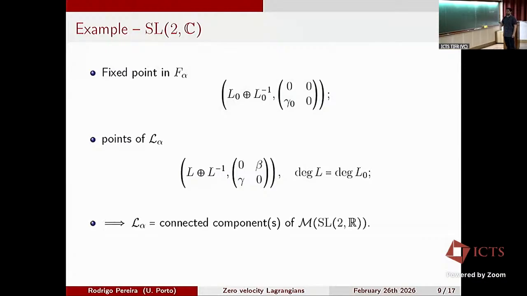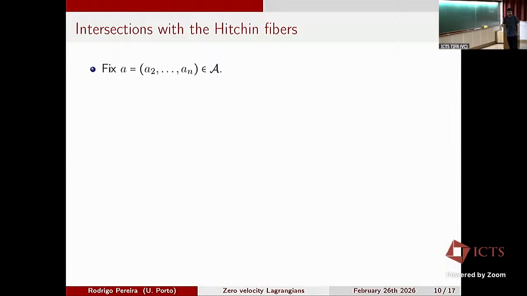And these are precisely Higgs bundles for the real group SL2R. So these Lagrangians will be components of that moduli space. And in particular, for top degree, you recover the Hitchin sections. Okay, so for example, by mirror symmetry considerations,